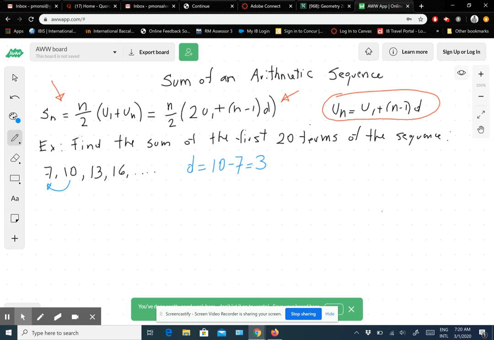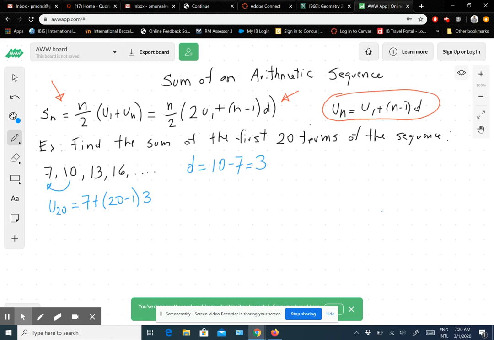Now, if we use formula number 1 over here, we would need to find u sub n, where u sub n for the sum of the first 20 terms would simply be the 20th term of the sequence. So for that, we would use the formula I mentioned before: u sub 20, the 20th term, is going to be the first term plus n minus 1. We're finding the 20th term, so that would be 20 minus 1 times d,